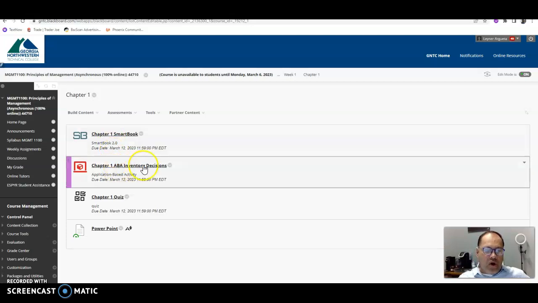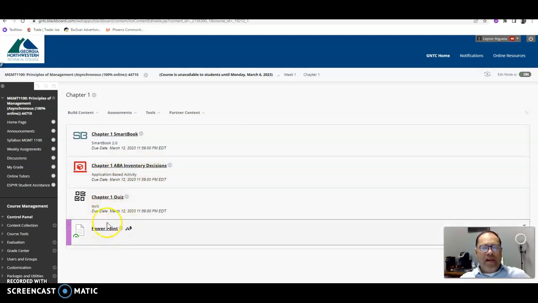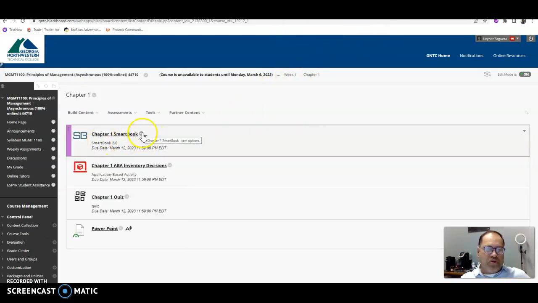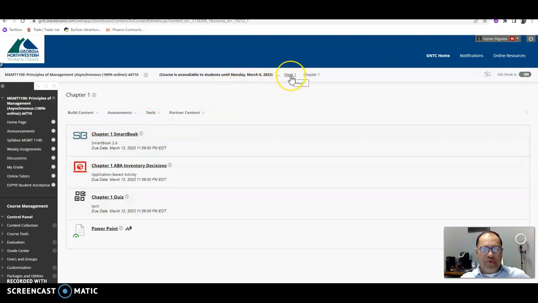Then you're going to do your homework. This is chapter 1 homework. It's just like an activity-based answering questions and then your quiz. Okay? PowerPoint, there's nothing to do. It's just a supplementary product for you, so you don't have to really do much with it. If you read the chapter and you do SmartBook, the rest should come pretty easily.